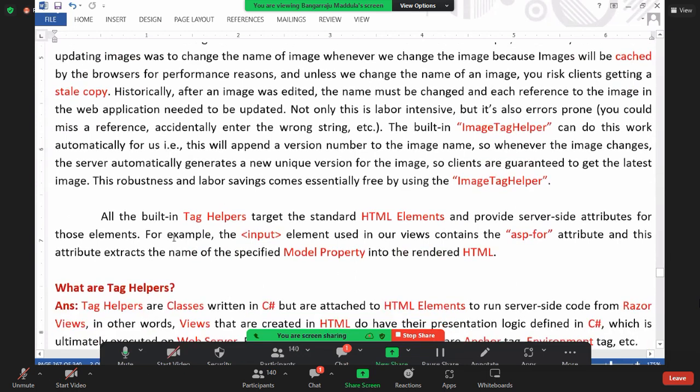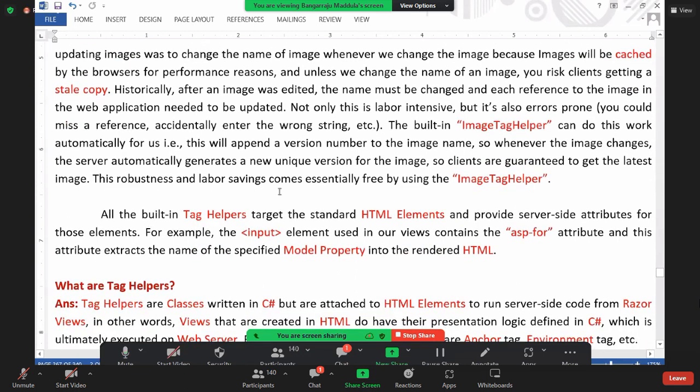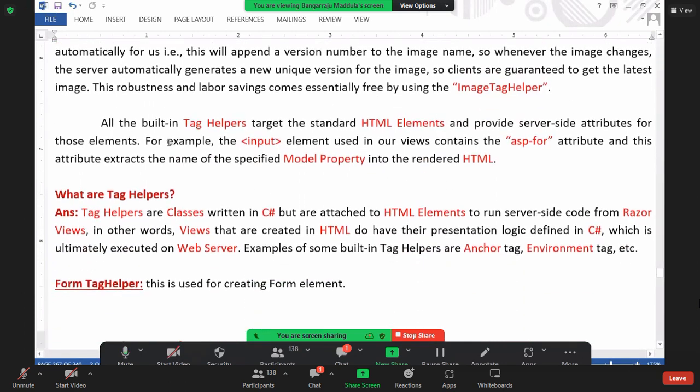I'll show you practically. This robustness and labor saving comes essentially free by using the image tag helpers. This is all free for you. No need to break your heads, make all the changes and all. Just put the new image and give the same old name. Still it works without a cache problem. I'll show you practically. All the built-in tag helpers target the standard HTML elements and provide server-side attributes for this